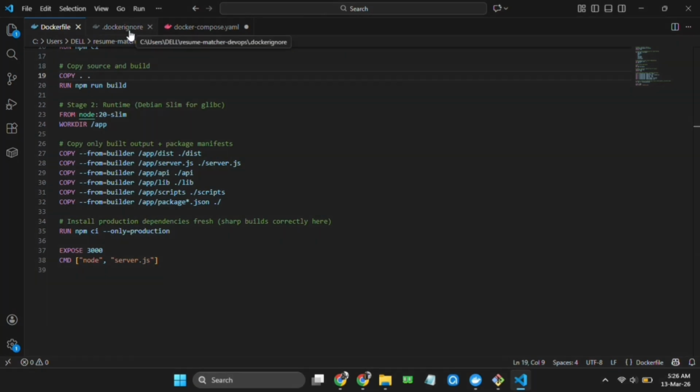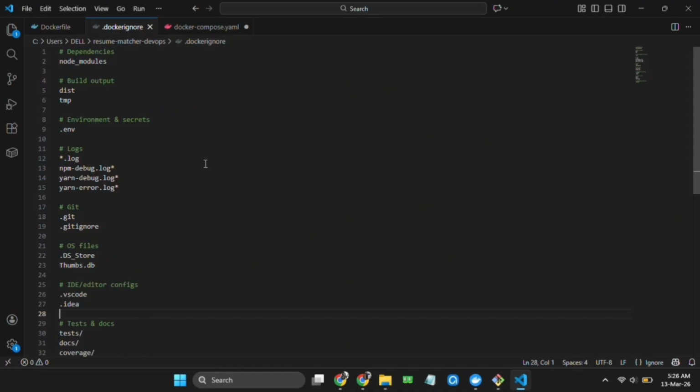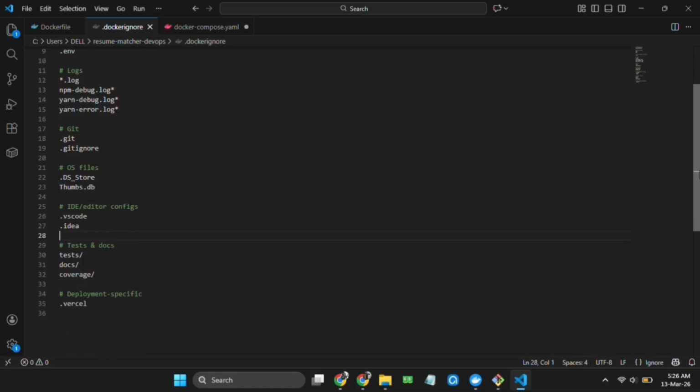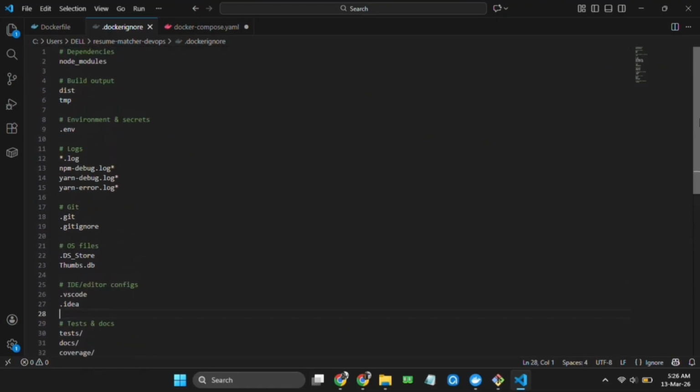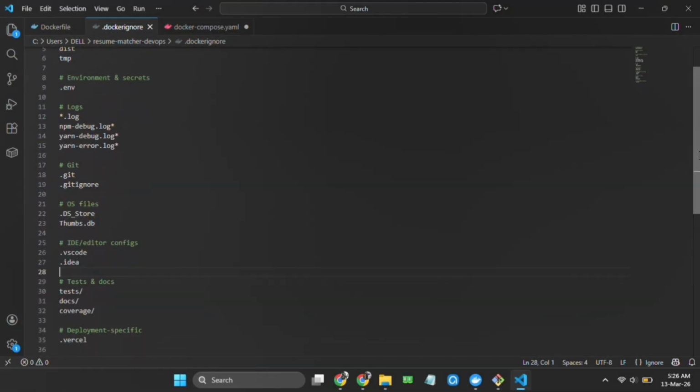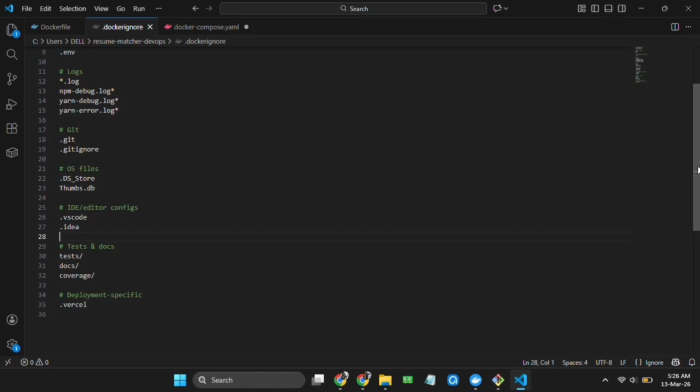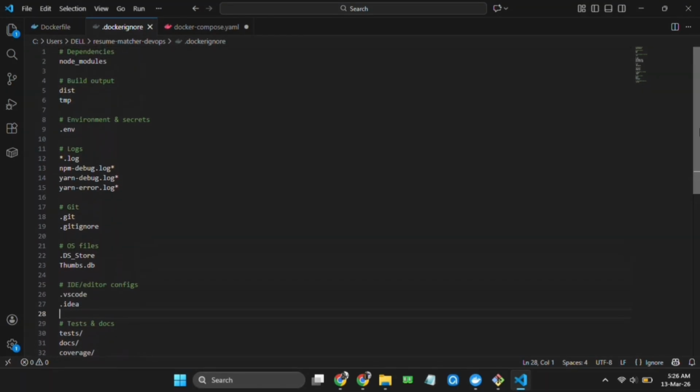Now let's understand .dockerignore. The .dockerignore file tells Docker which files and directories to exclude from the build context when sending data to the Docker daemon. .dockerignore helps to keep the images smaller, builds faster, and avoids leaking sensitive files. So we have ignored